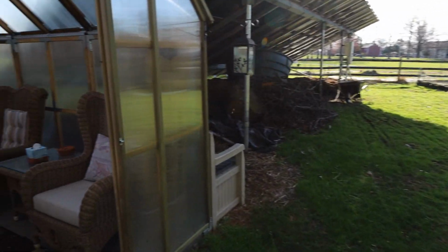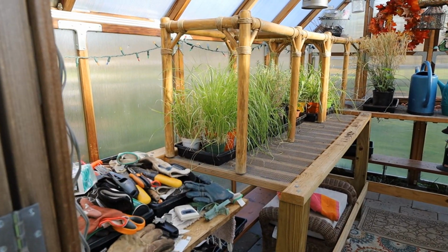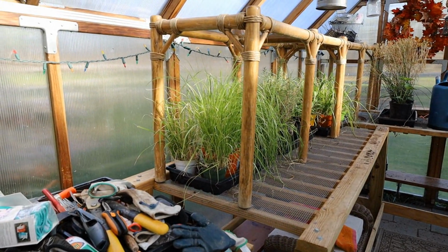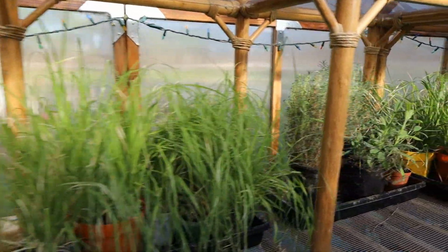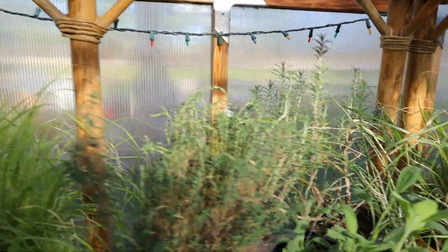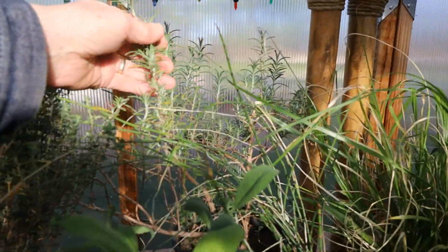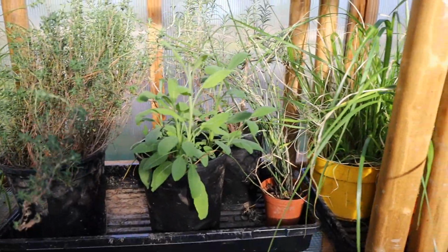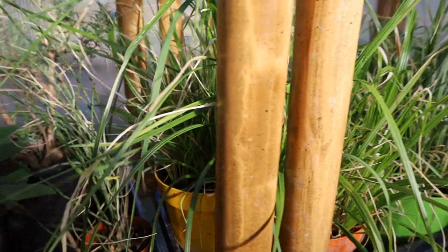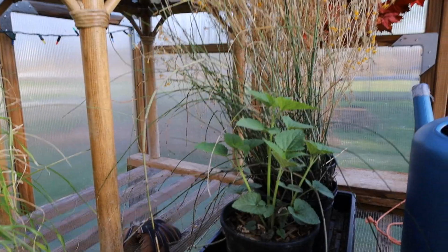they're coming in. Got the greenhouse door open because there's no reason to try and keep heat in here because it's doing fine. And then you recall from last time, we've still got our ornamental grasses growing in here. The winter thyme also did very well in here, and the rosemary did well, and this is sage too. So everything that we tried to winter over in here has done exceedingly well, with the exception of the marigolds,